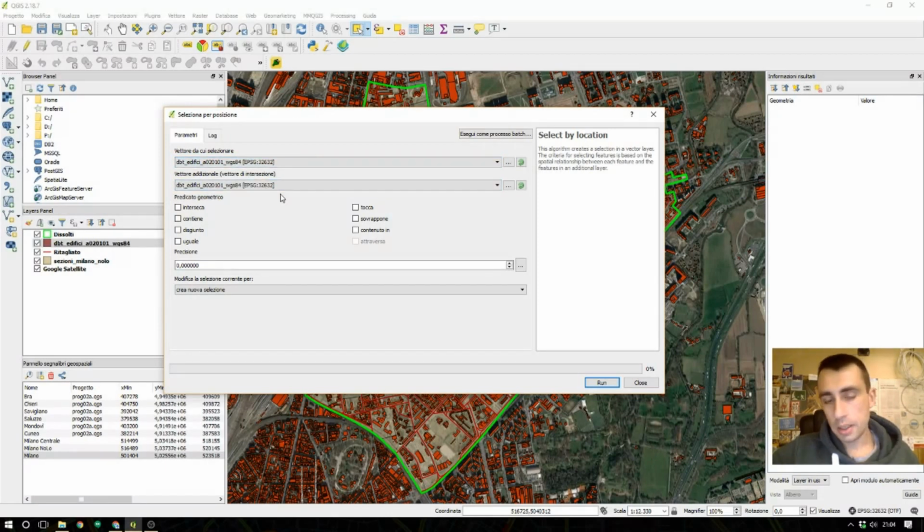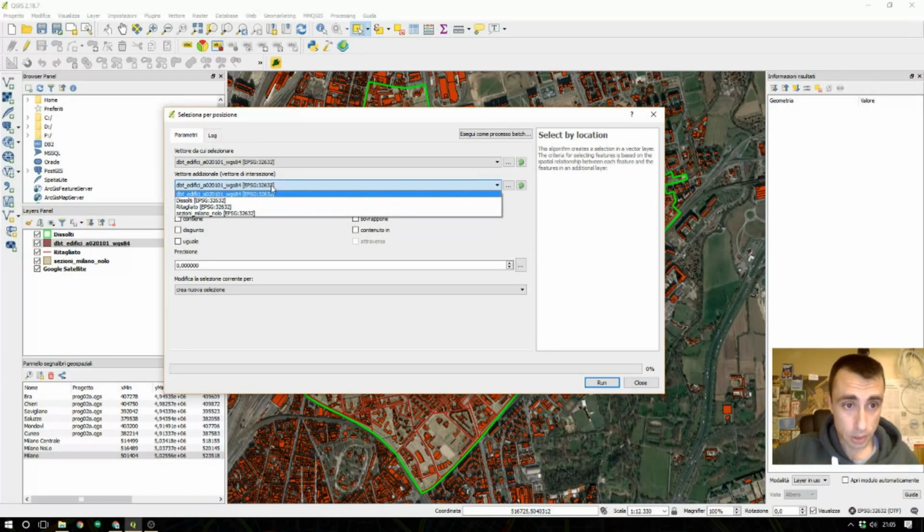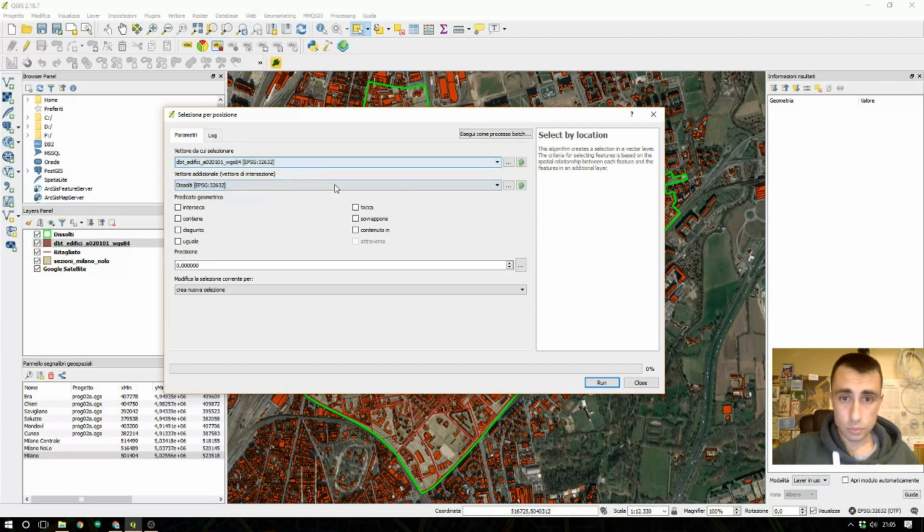So the buildings and the additional layer, which intersects, or new selection, we choose dissolve. We can choose contains, disjoint, touch, or only intersect.